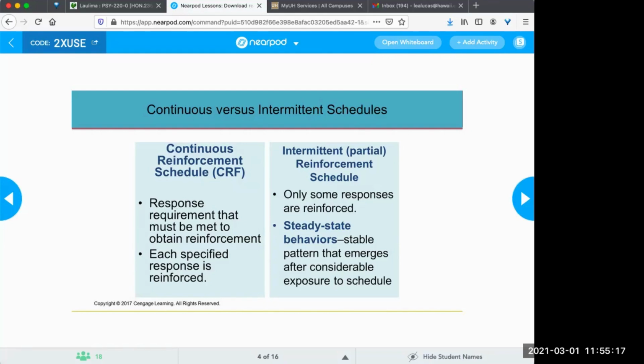You can either do a continuous schedule of reinforcement, which means we give a reward every time the person does the desired behavior, or we do what we call intermittent or partial reinforcement, in which we reinforce some of the responses that we want to see increase. The difference between continuous and intermittent is really the strength and the continuation of the behaviors. So if you think about it, think of a younger brother or sister, niece or nephew